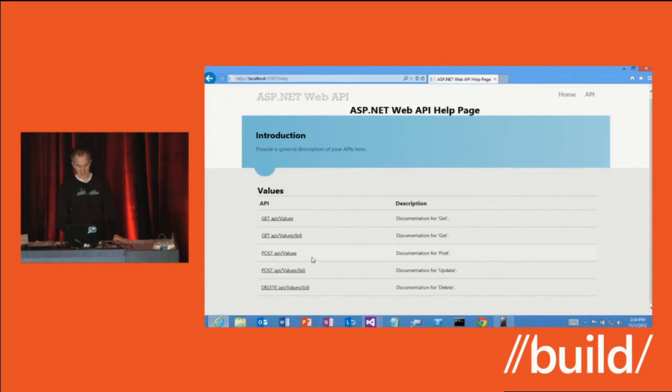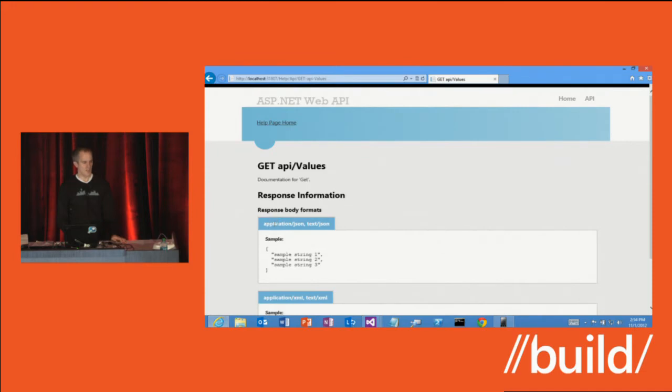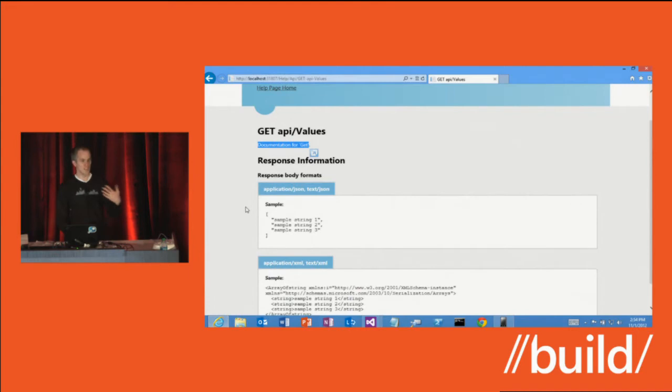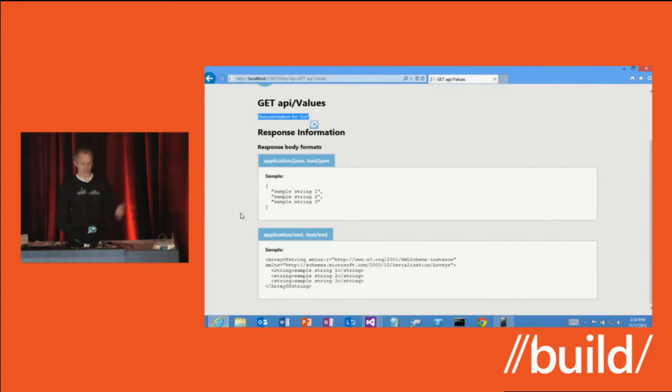So you'll notice I have a values controller, and the addresses for this values controller are API/values. I can ask for all the values. I can ask for individual ones by ID. I can post new values and delete values. If I click on one of these things, I get further documentation about the particular HTTP endpoint. We'll pull documentation directly from the dev comments in the code. That's kind of nice. And then I can see example request and response formats for the messages that this web API supports. You'll notice that this web API, out of the box, just by hitting F5, already supports JSON and XML. And it's showing me example payloads of what those things look like. Okay?